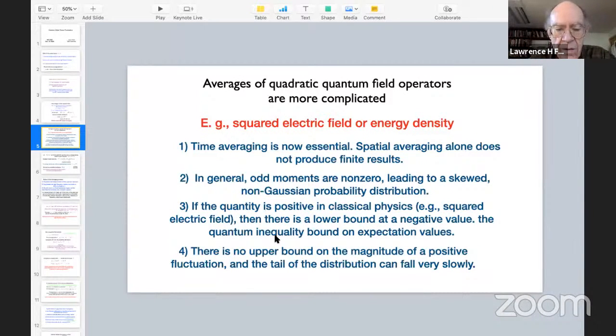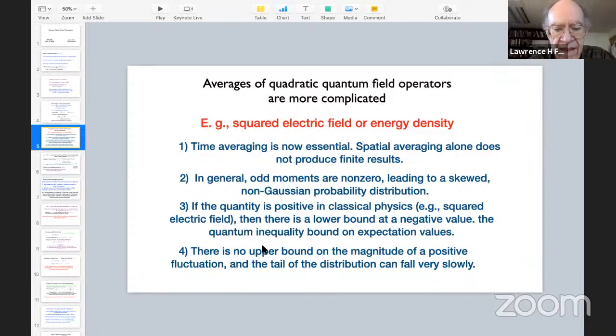Now, you might be a little bit surprised that energy density can be negative in quantum field theory. That's actually the subject of a completely different talk. But in fact, you can create states in quantum field theory where the local expectation value of the energy density is negative, but it just can't be too negative. Or if it's negative, it can only be negative over a very small interval of time, not over a very long interval of time. And there are what are called quantum inequality bounds that limit that.